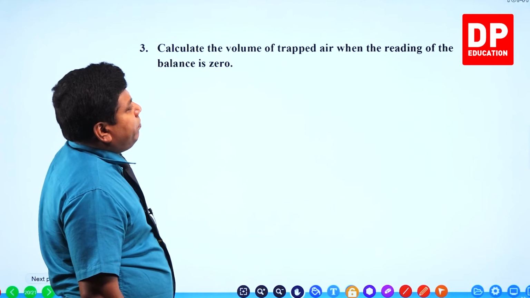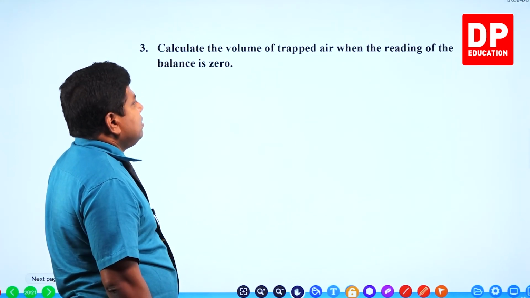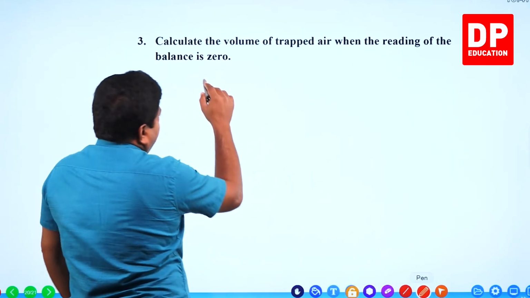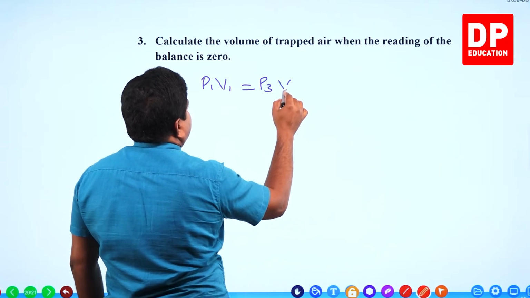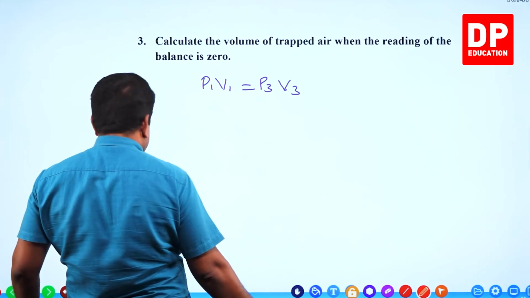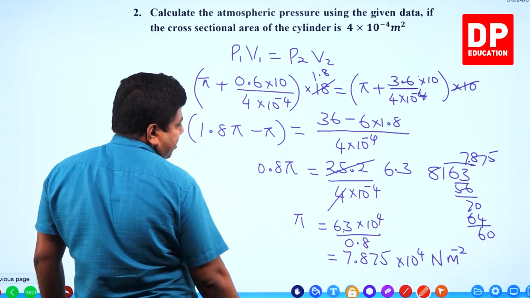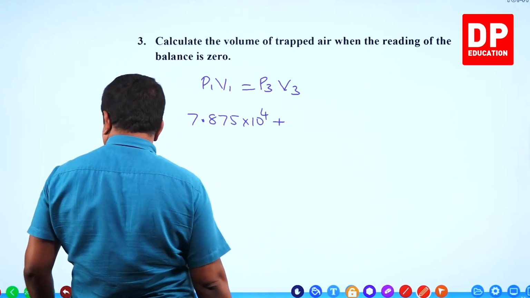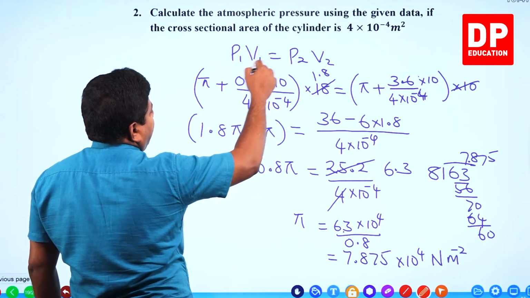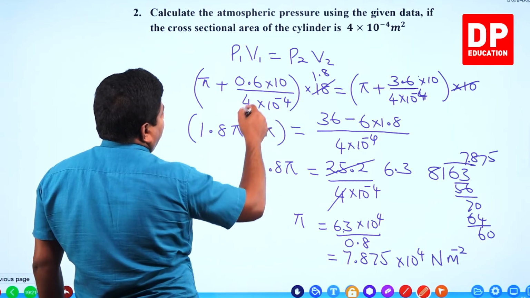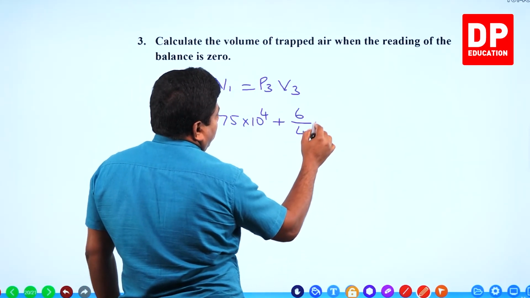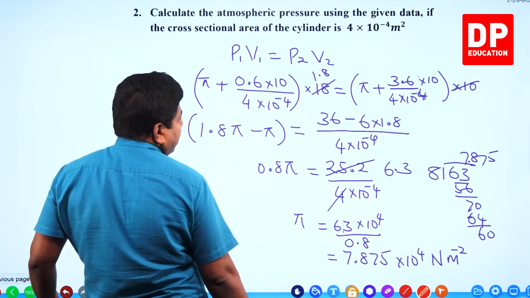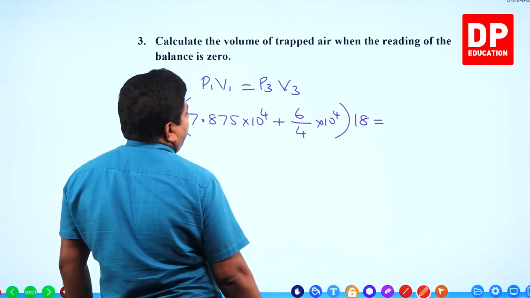Now they are asking, calculate the volume of trapped air when the reading of the balance is 0. That means only atmospheric pressure is given. So again you have to see, let's write this way. P1 V1, this time let me say P3 V3. This time the pressure is atmospheric pressure only. P1, Pi plus this. The answer for Pi you have got is 7.875 into 10 to the power 4 plus, right, the pressure P1 we had an additional reading in the balance 0.6 into 10 over 4 into 10 to the power minus 4, 10 to the power 4 will go up, into volume. How much was the volume there? 1.8 or 18